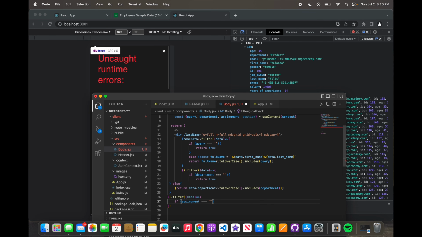So here we're going to say if assignment is equal to product, then we're going to return data dot department to lowercase includes product. Yeah, includes product. Else if assignment is equal to resource,